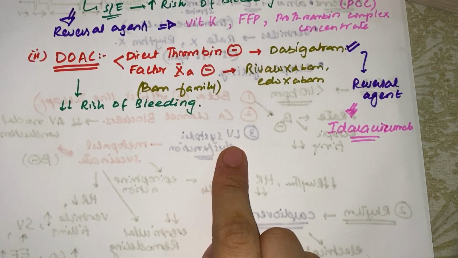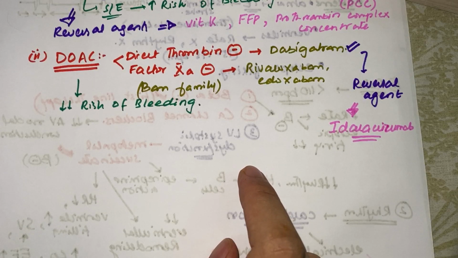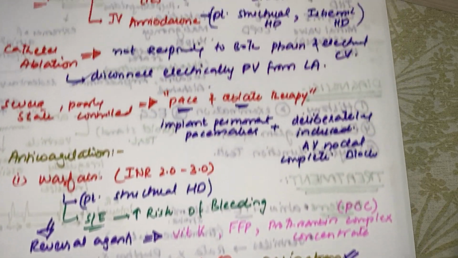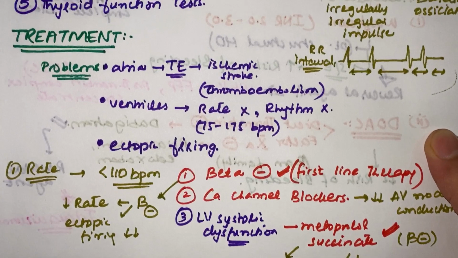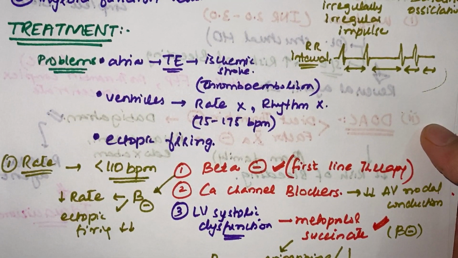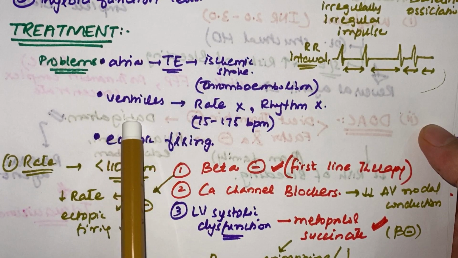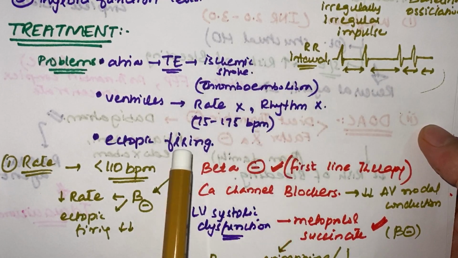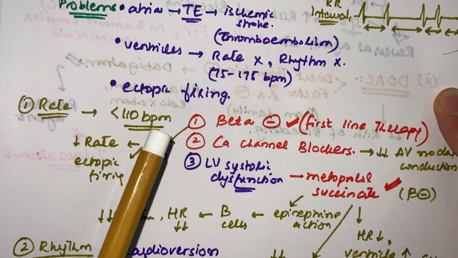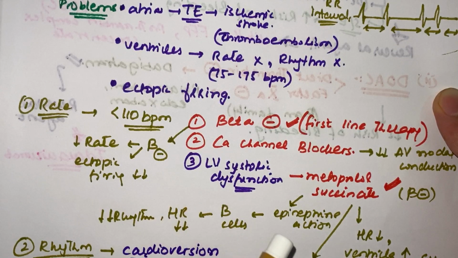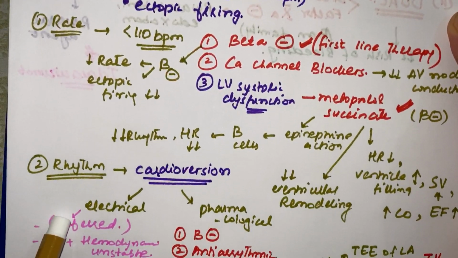This is the whole anticoagulation therapy that we use, and here the whole treatment of atrial fibrillation ends. Just a brief overview of the treatment for you to recall: we have two major problems that the patient is facing. In the atria, blood pooling occurs, and thromboembolism is a complication. Secondly, in the ventricles, the rate and rhythm are abnormal, with ectopic firing. To control the rate, we use beta blockers or calcium channel blockers, or metoprolol succinate in cases when the patient has left ventricular systolic dysfunction. To control the rhythm,